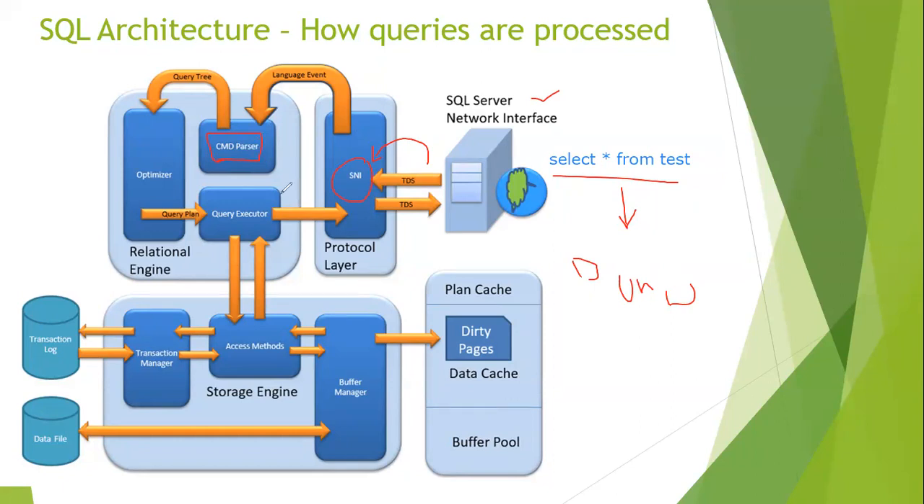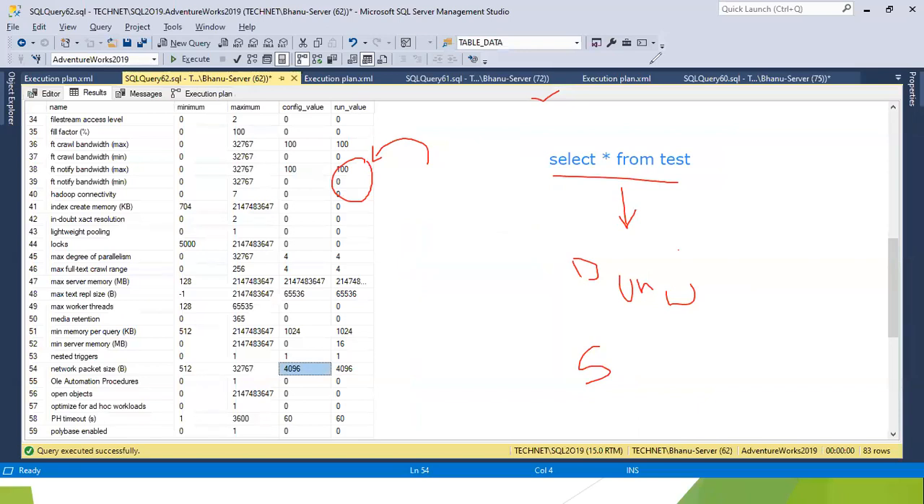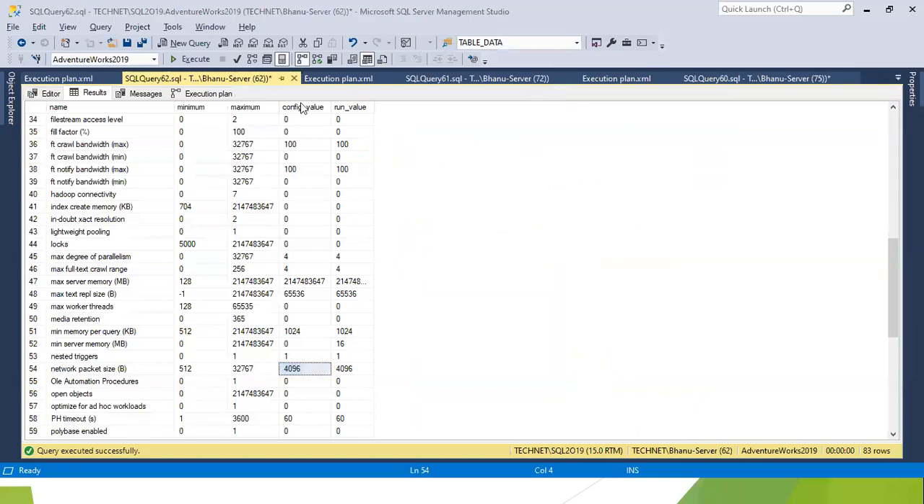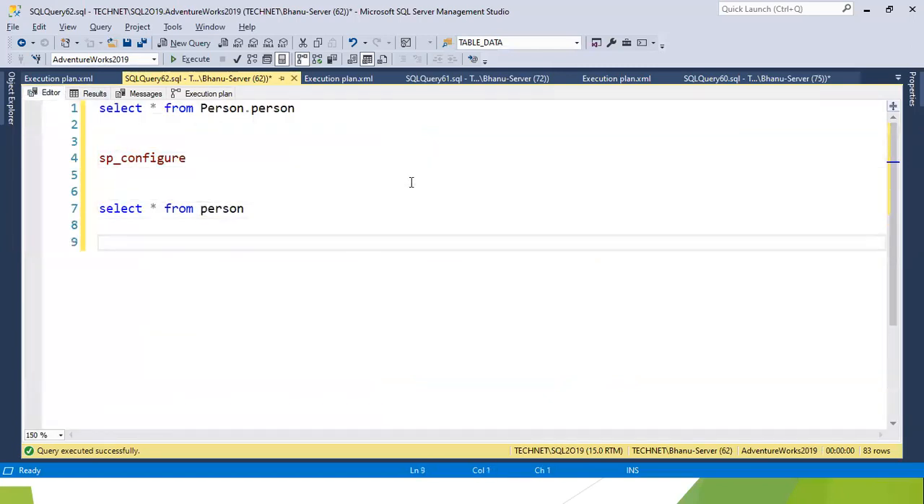Once it doesn't find any issues with the syntax, it will do query binding, which we call algebraizing. In algebraizing, it will bind the schema. It will validate whether the schema of the table is defined or not. For example, if I execute select star from person,